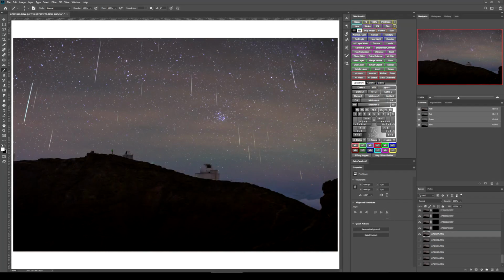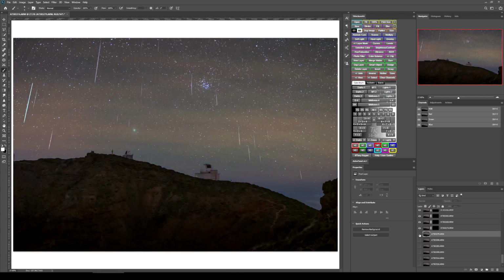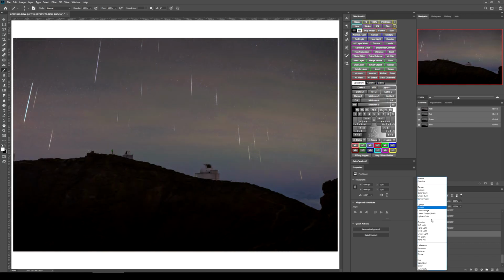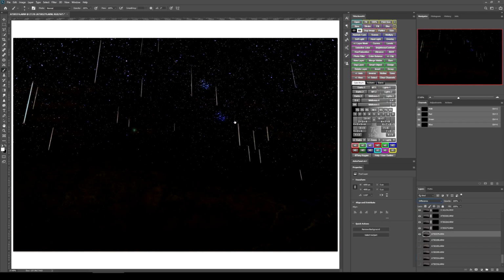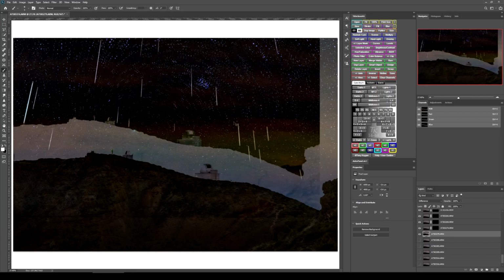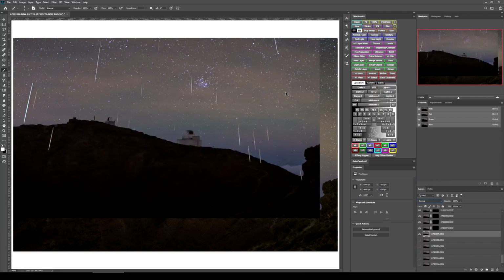Alright guys, I'm getting there slowly but surely. It's starting to build up nicely now. You can see all of the meteors are pointing back towards the radiant point. I'm just on this image here. You can see that meteor on the top right there. If I change to difference, you'll see the comet is there. If I bring it up to line it up with that comet there, that meteor is being pushed off the frame. So when it gets to this point, I just kind of take a bit of a creative license